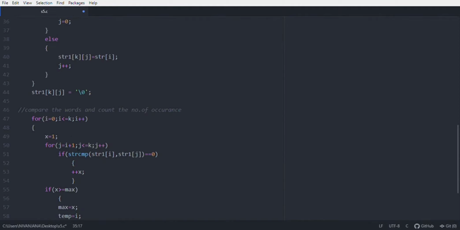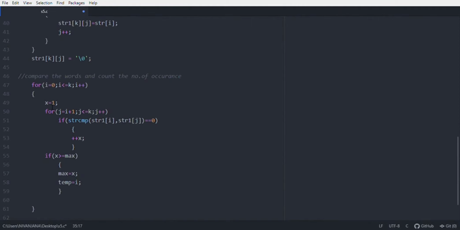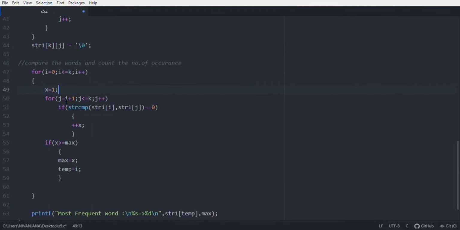And here I have used x to count the number of occurrences of each word. After getting into the first loop, we will set x equal to 1, and we will check the next position. So I initialize j by i plus 1, and we will check for j less than or equal to k also. And we use strcmp to compare each word.